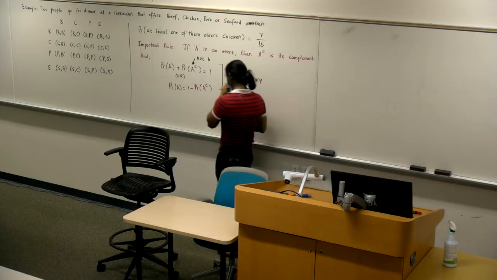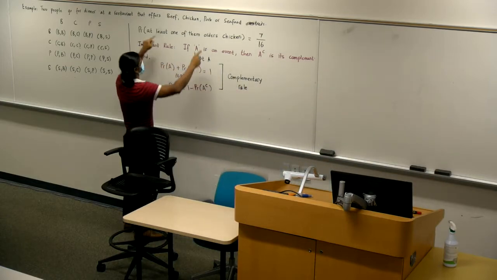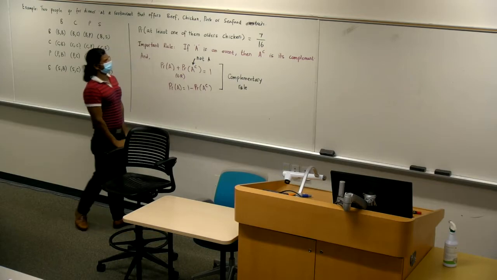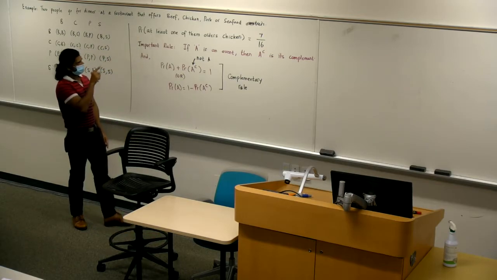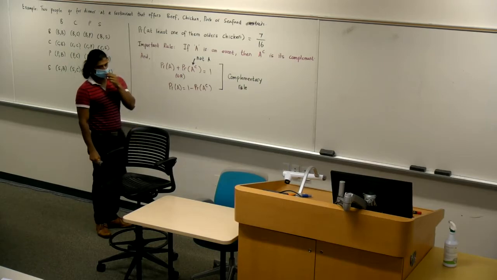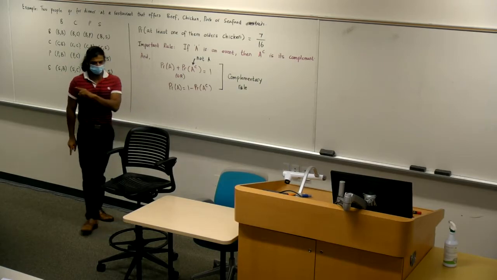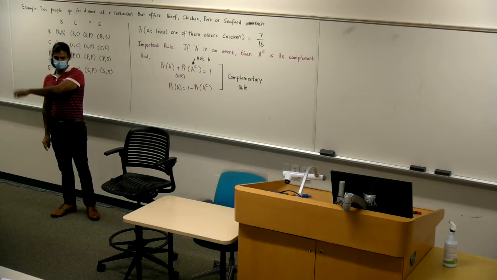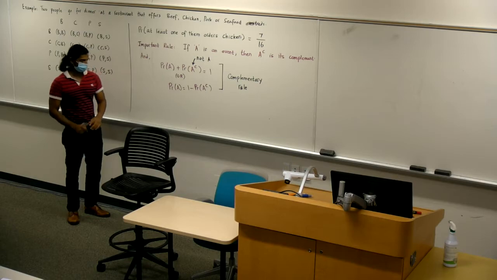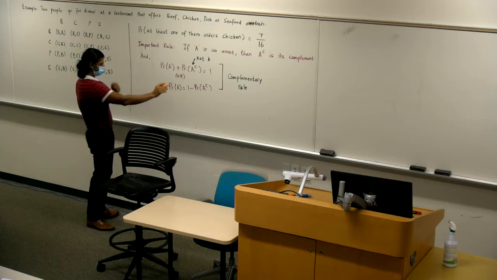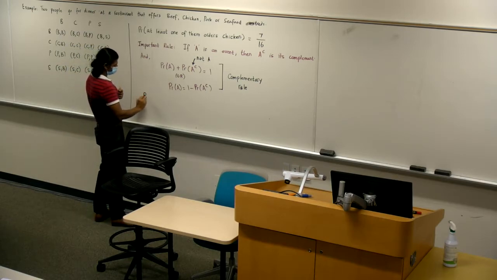Okay. That said, going back to that probability over there, probability that at least one of them orders chicken. What is the complement of at least one of them ordering chicken? No one. None of them ordering chicken. So I could write that as probability